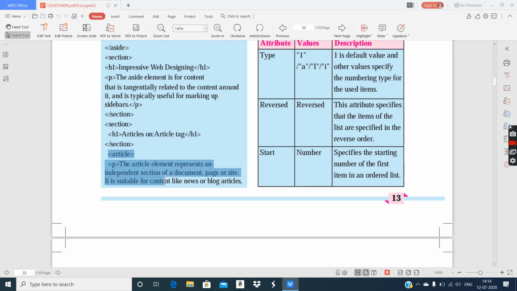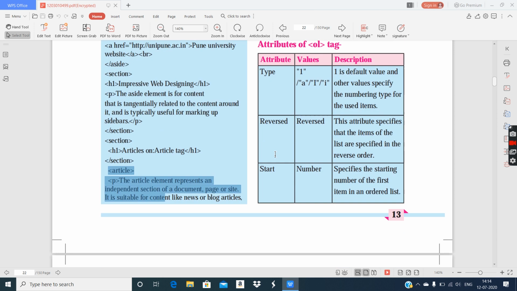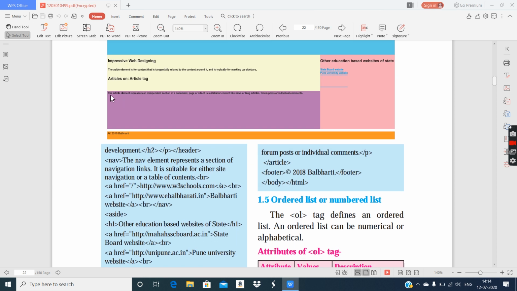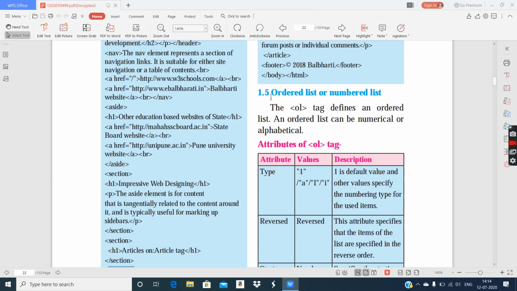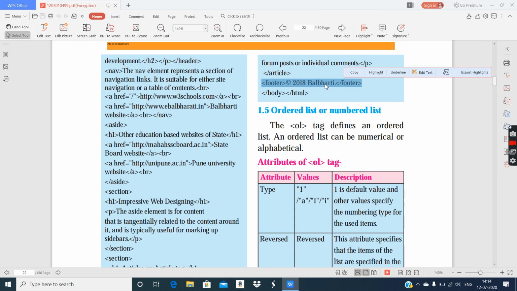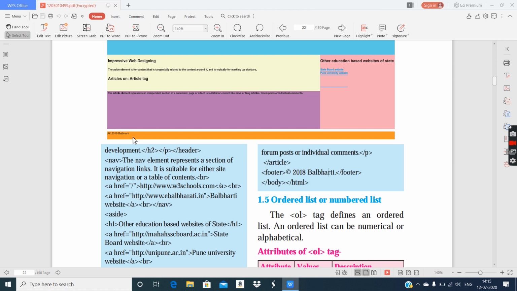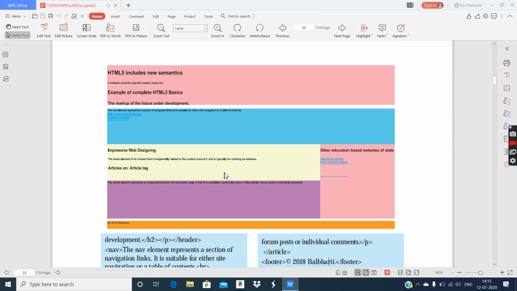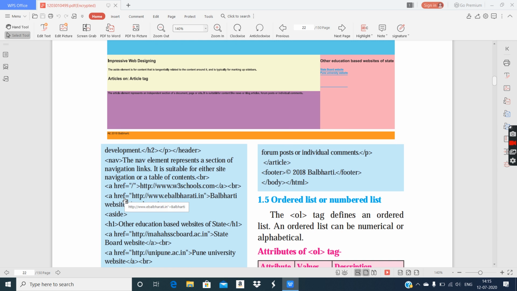Then article section has use of only one p tag. This is article section, one p tag. And finally, footer. Footer section has mentioning of copyright. So this is how you can create professional looking websites. And same thing can be done with the help of division tag also. That means instead of every different tag like header, nav, aside, section, footer, it will be replaced with div. That's it. So same thing can be done with the help of division tags.